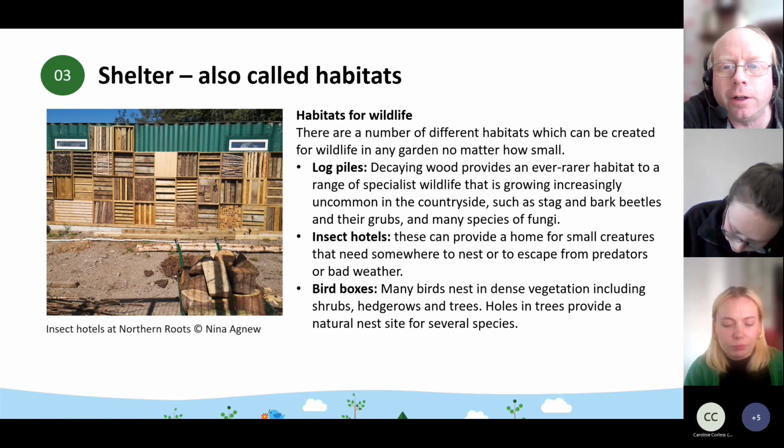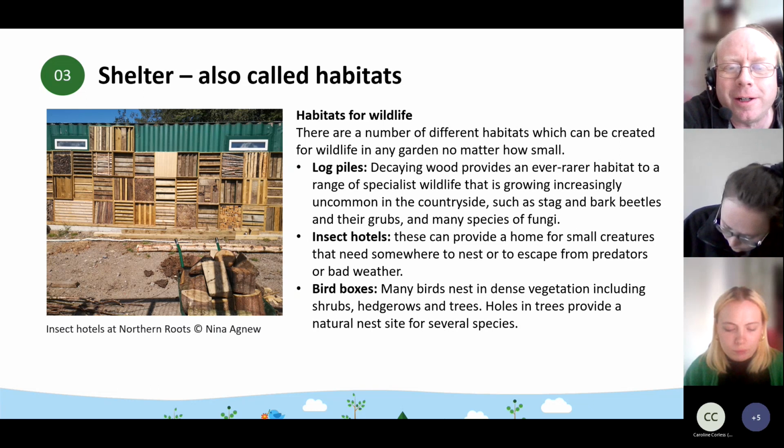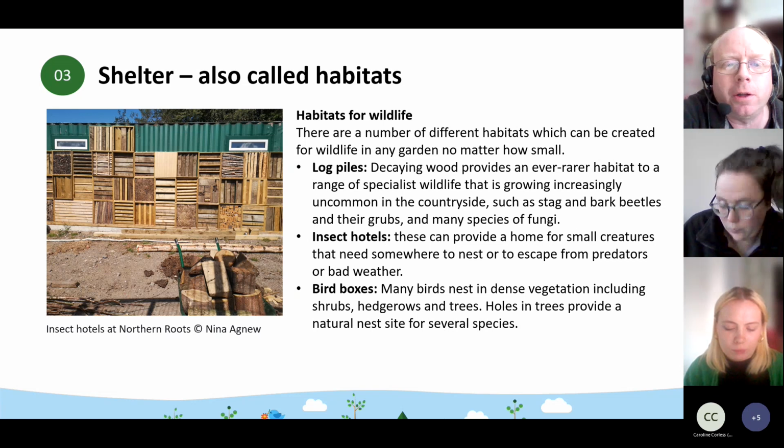So it could be insects that are overwintering and hibernating in there. It could be breeding insects. It could just be overnight shelter, and it could be somewhere for predatory insects to live. And again, they provide a food source then for birds and other mammals and amphibians. So you can think about things like, what do you do with the material you have on site? If you're managing a small park or a nature reserve, you might have a lot of fallen timber, and you might create log piles and habitat piles.